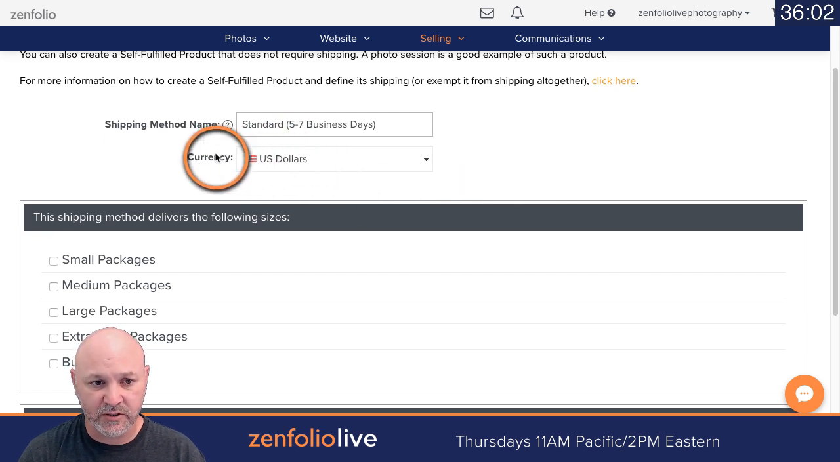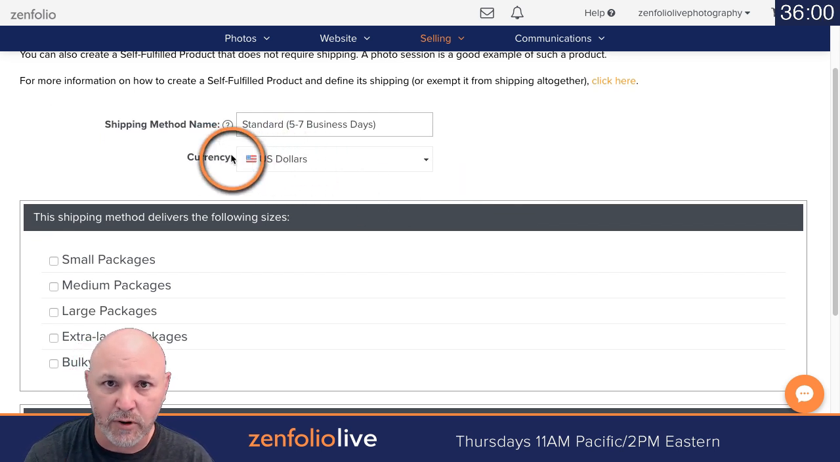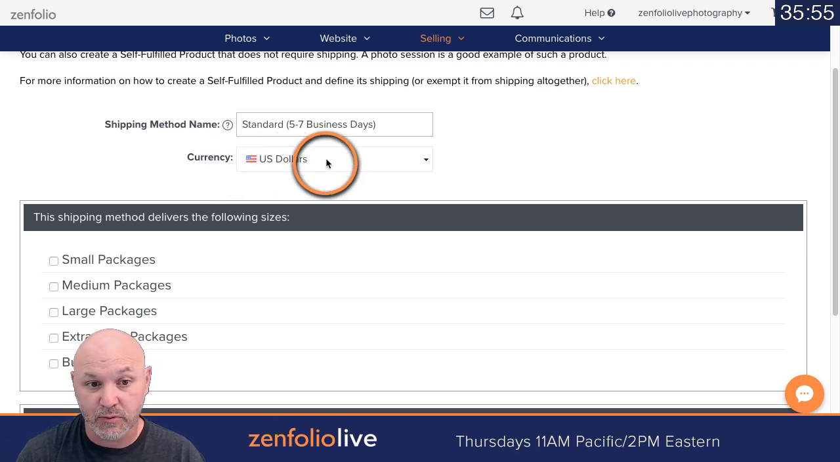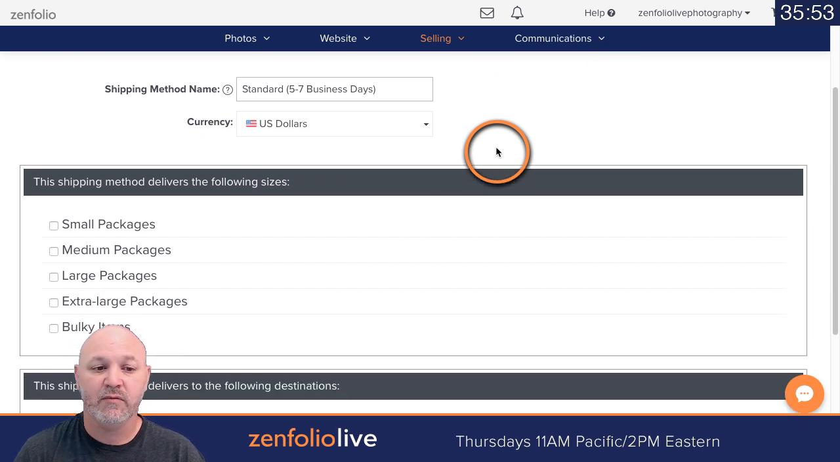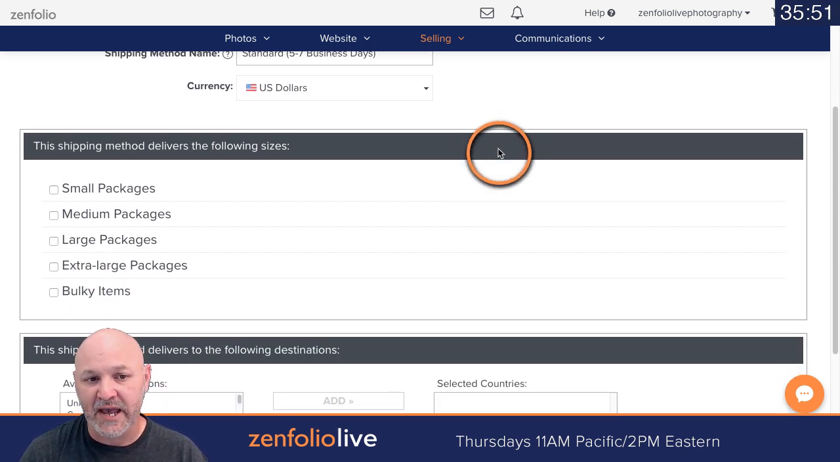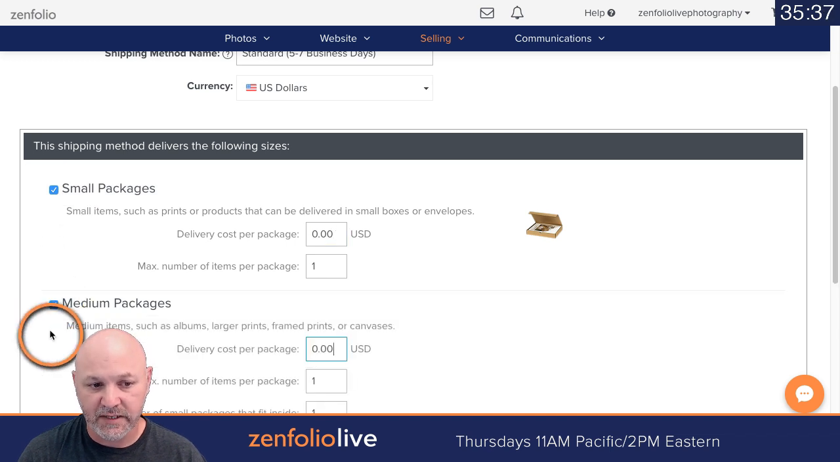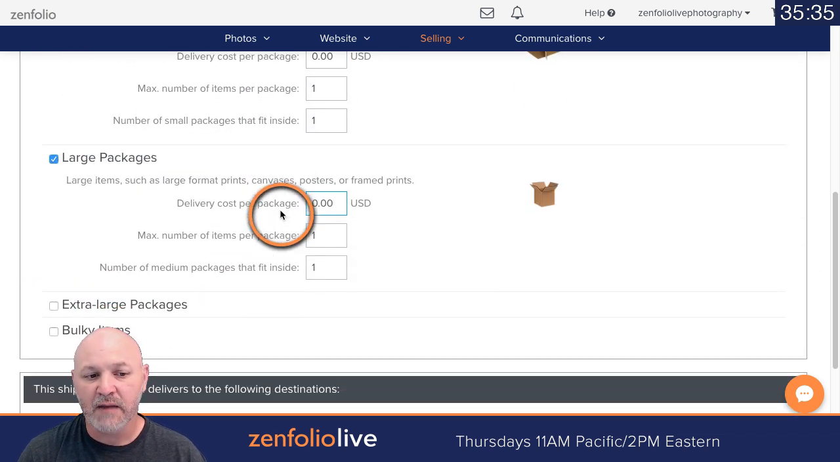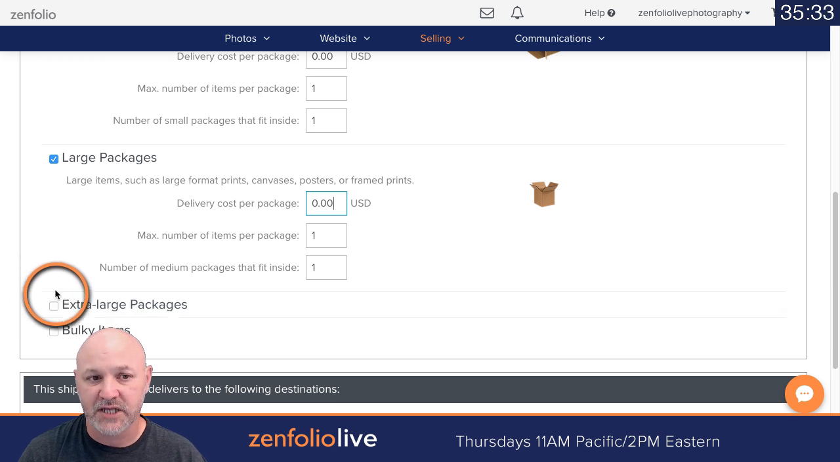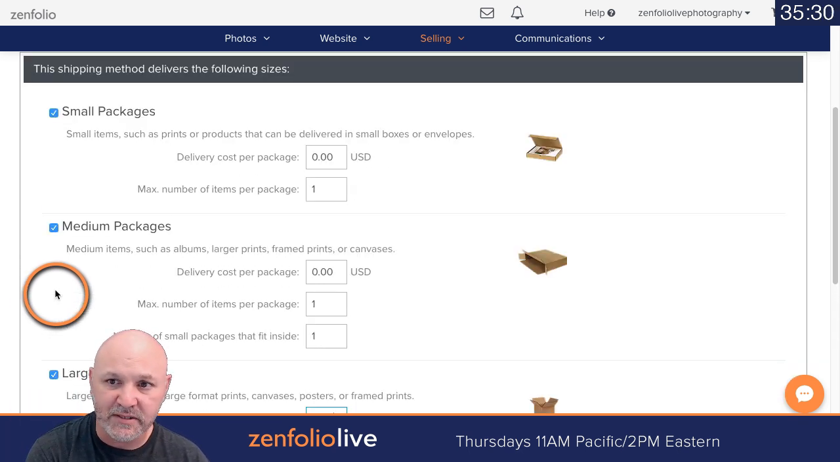We're going to choose the currency. If you're offering products internationally, you will need to create shipping methods in multiple currencies. And then what we're going to do is choose the package sizes that are available for this shipping method. Now, I recommend setting up each package size, even though currently I only have products that use the small, the medium, and the large. I'm going to go ahead and set up the extra large and the bulky,